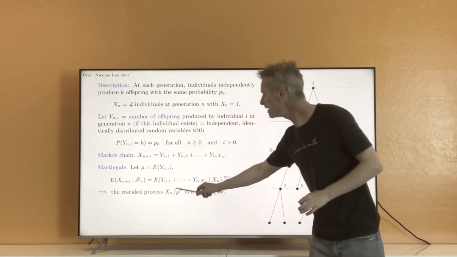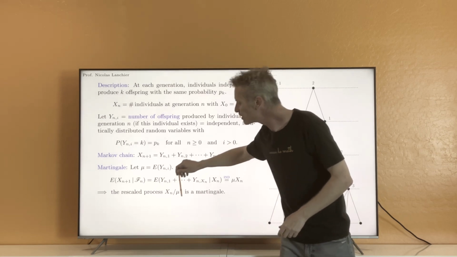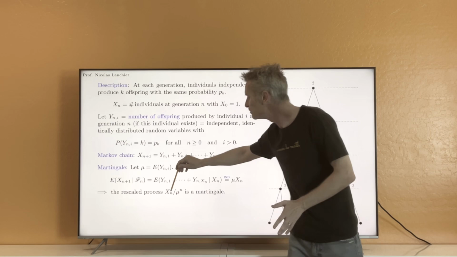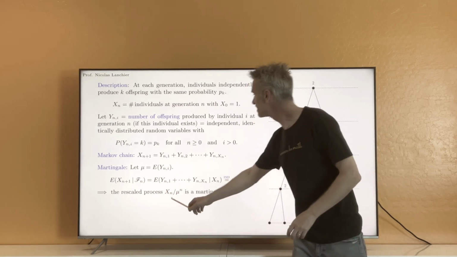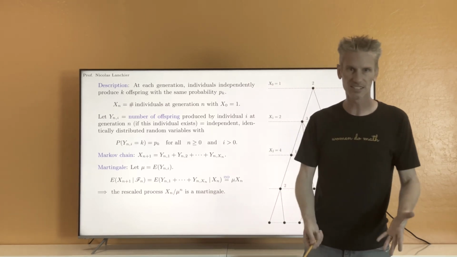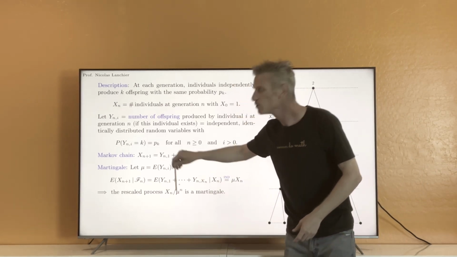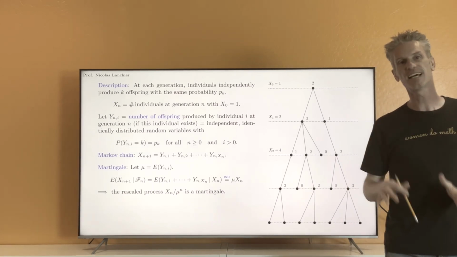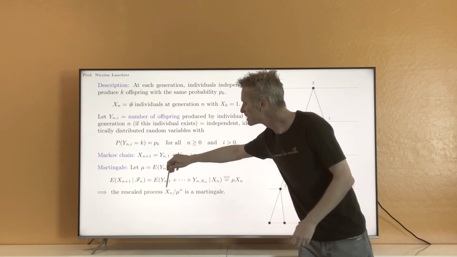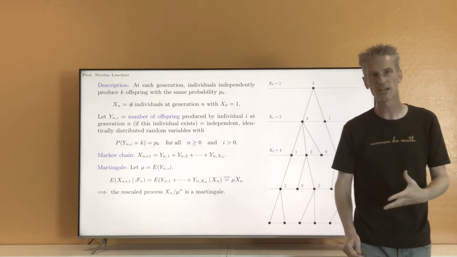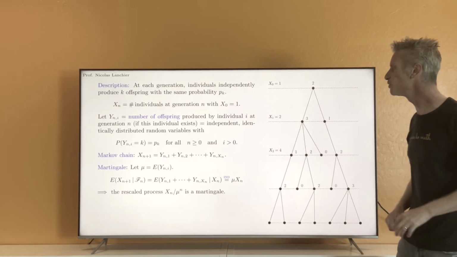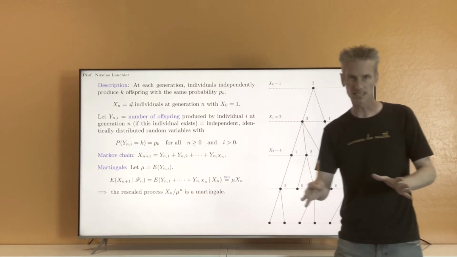From that, we can tell that because the expected value of a martingale is constant, and clearly if you take n equals 0, you get X0, which is equal to 1, divided by mu to the power 0, that is again equal to 1. This tells you that the expected value of Xn over mu to the power n is constant, equal to 1, and so the expected value of Xn is equal to mu to the power n. Okay, that's a property we are going to use soon. Okay, so we get this.